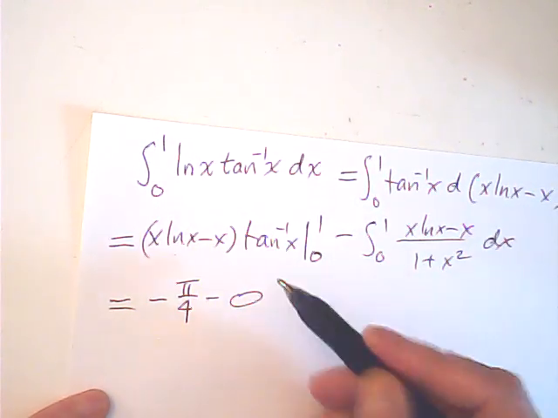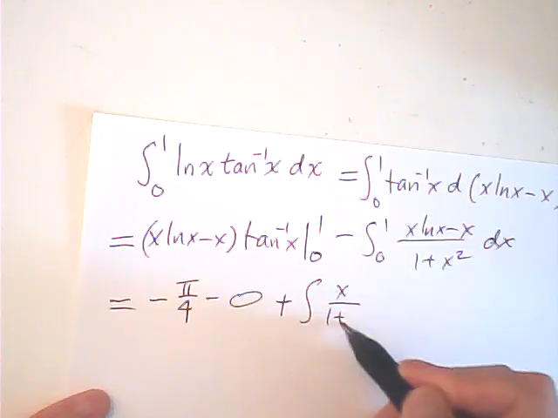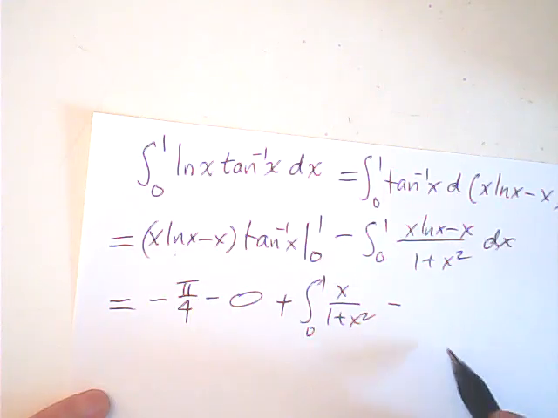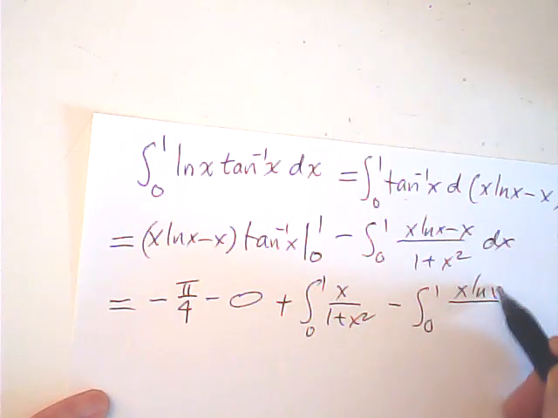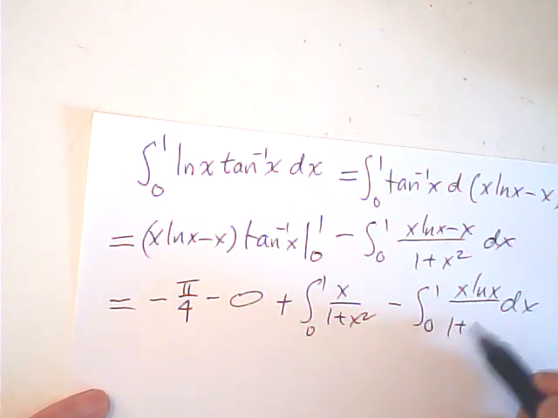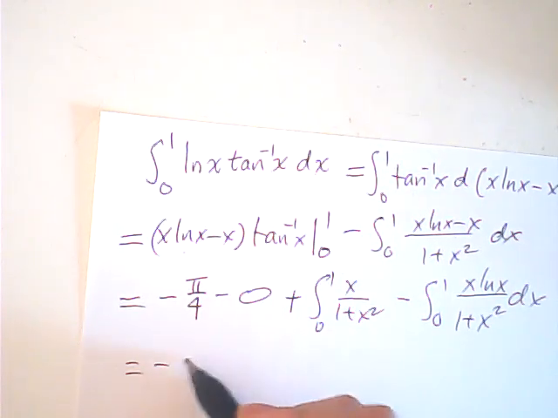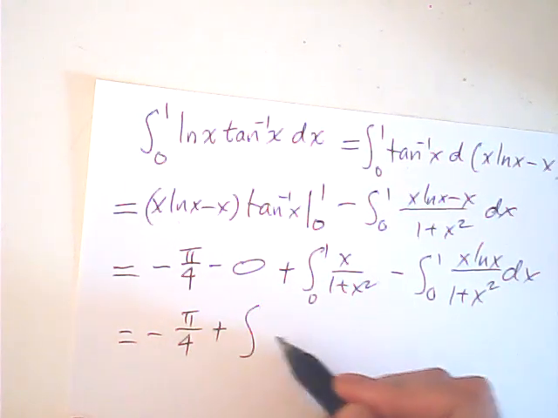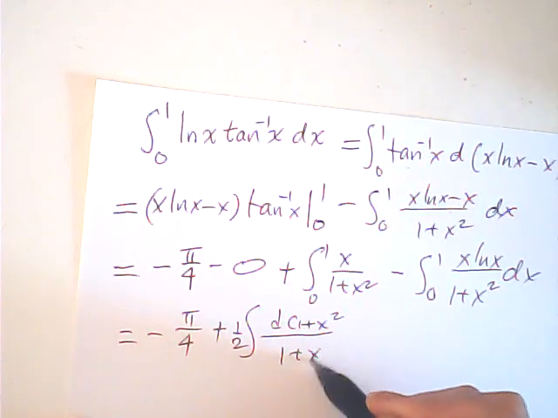I write this negative first, so it becomes positive. So the integral of x over 1 plus x squared from 0 to 1. The other one is negative, 0 to 1, x log x dx over 1 plus x squared. Well, good. So this will be negative quarter pi plus, this one's easy. This one is equal to 1 half d(1 plus x squared) over 1 plus x squared,